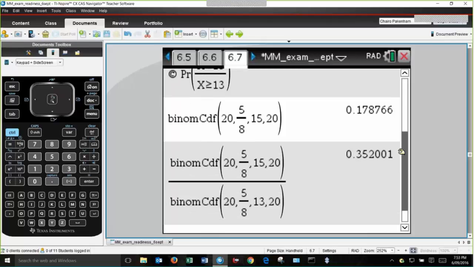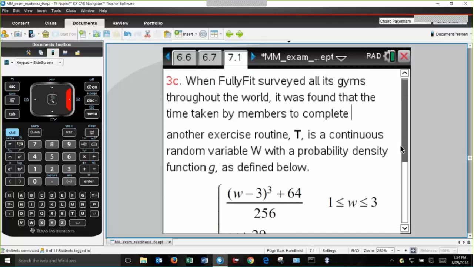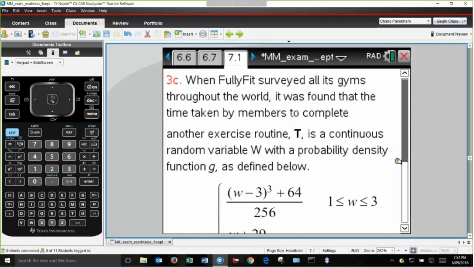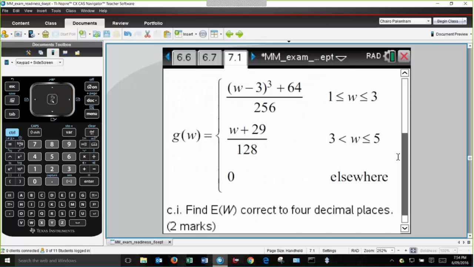Okay, so when they surveyed many of its members, they found that for another exercise routine, it followed a continuous random variable W with this particular probability function. And it asks to find the expected value of W to correct to 4 decimal places. All right, now,